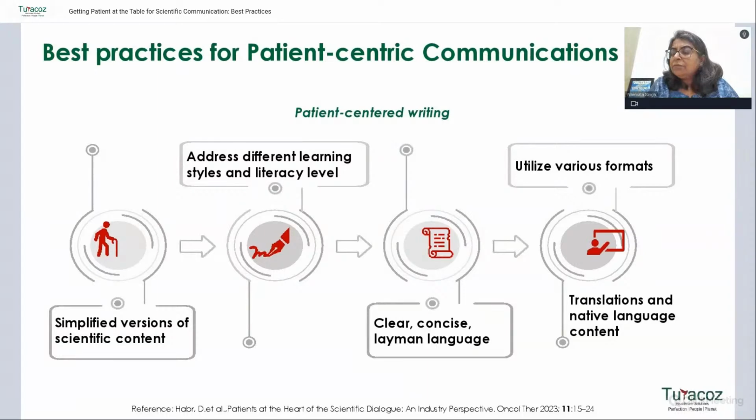Also, the translations have to be done by a native language expert. It cannot be a word-to-word translation such as any tool, maybe Google Translate, might do. It's not that simple. It is a very complex stage which has to be taken up with that expertise and that experience of writing in these various languages.